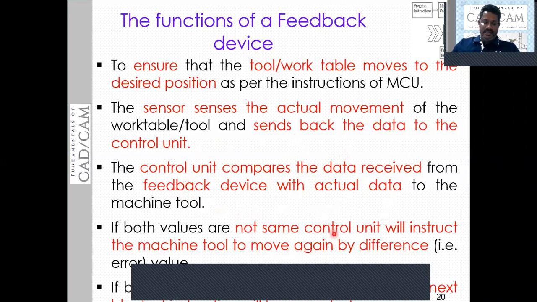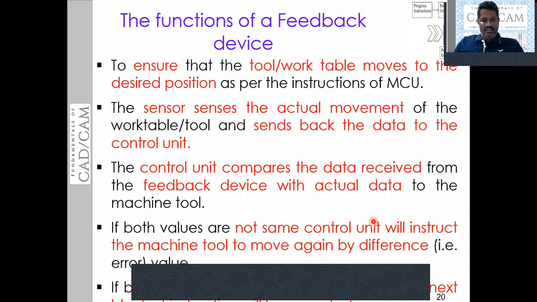If there is any error, the signal will be processed until we get zero deviation or zero difference. Then the machine will be corrected, and the movements of the tool as well as the work table will be corrected with zero difference. Then the work will be performed. That means this feedback device is responsible to receive the signal and process the signal.